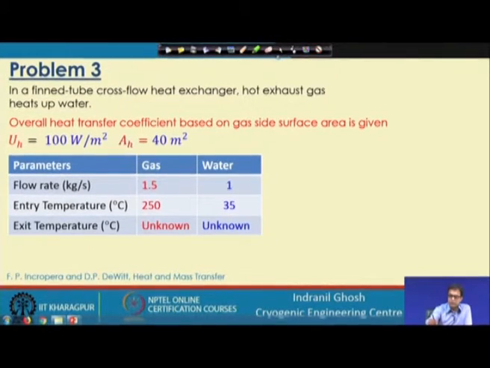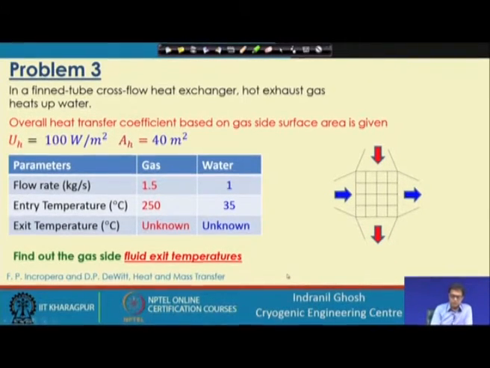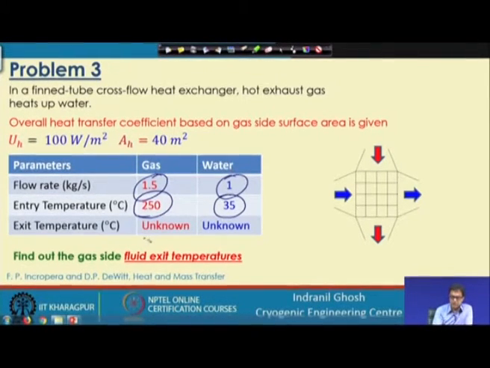Now, if we look here, as I told you, some of the parameters are already known to us. The entry temperature of both the fluid streams is known, and the mass flow rate of water is also known. The exit temperatures are not known, but we know the heat exchanger configuration and the overall heat